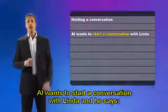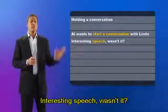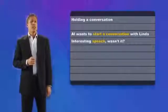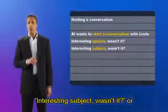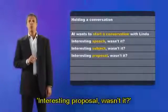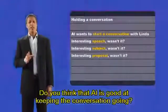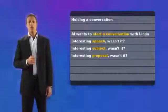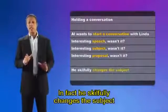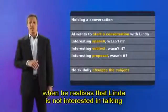Al wants to start a conversation with Linda, and he says, "Interesting speech, wasn't it?" You can also say, "Interesting subject, wasn't it?" Or, "Interesting proposal, wasn't it?" And so on. Do you think that Al is good at keeping the conversation going? I think so. In fact, he skillfully changes the subject when he realizes that Linda is not interested in talking